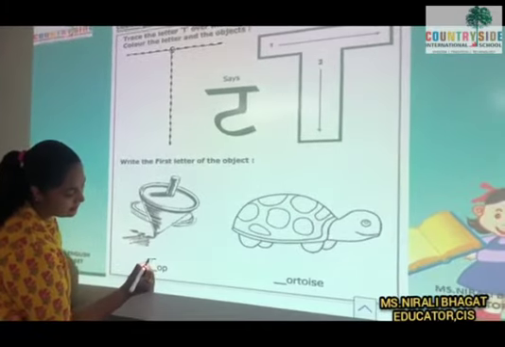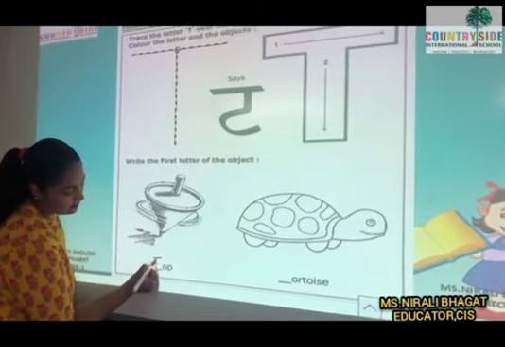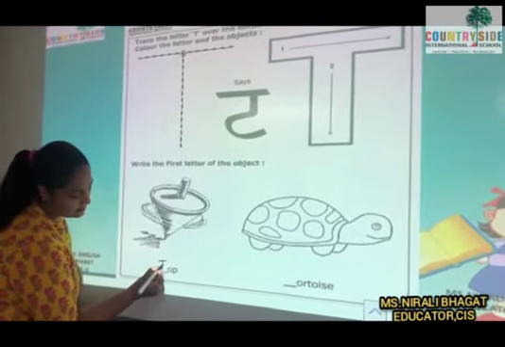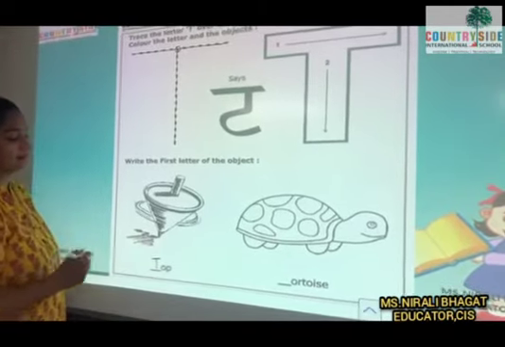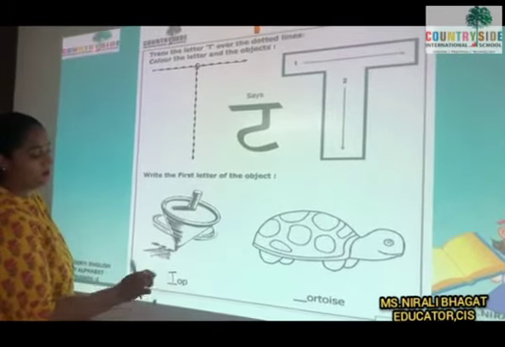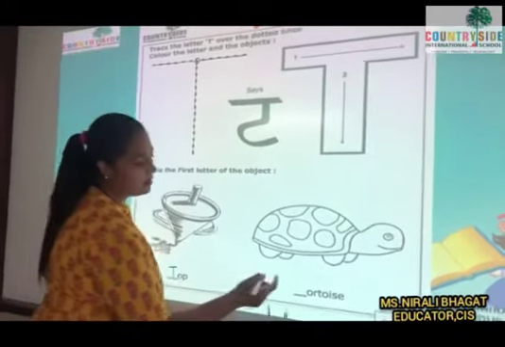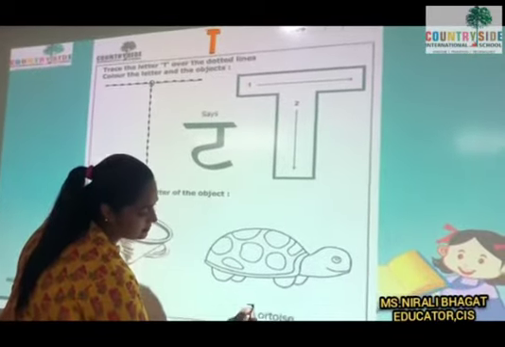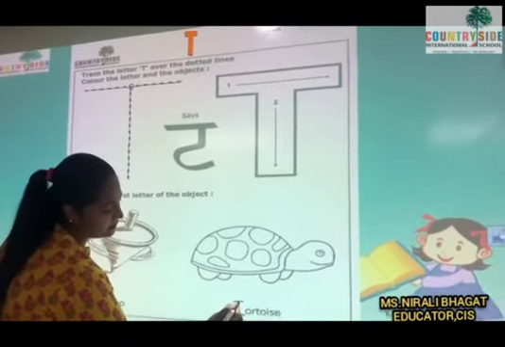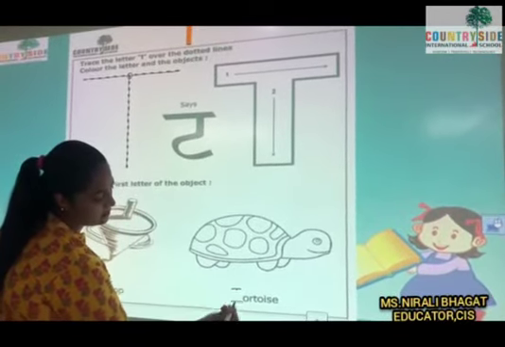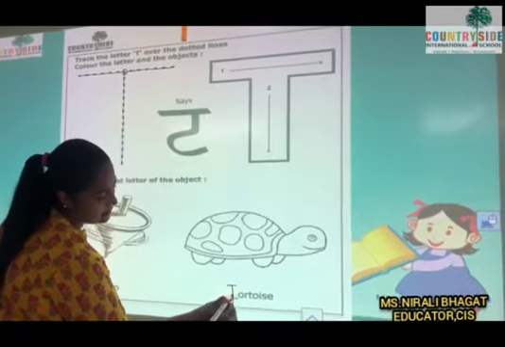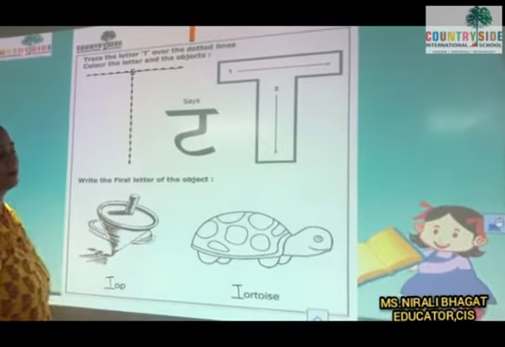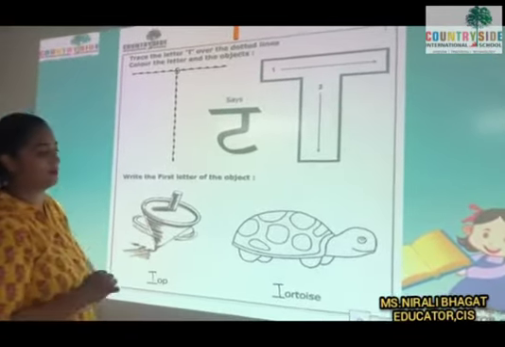First sleeping line, and then from the center, standing line. T-O-P, top. Now next, tortoise. First is sleeping line, and then from your center you will join standing line like this. So we have completed the spelling tortoise.